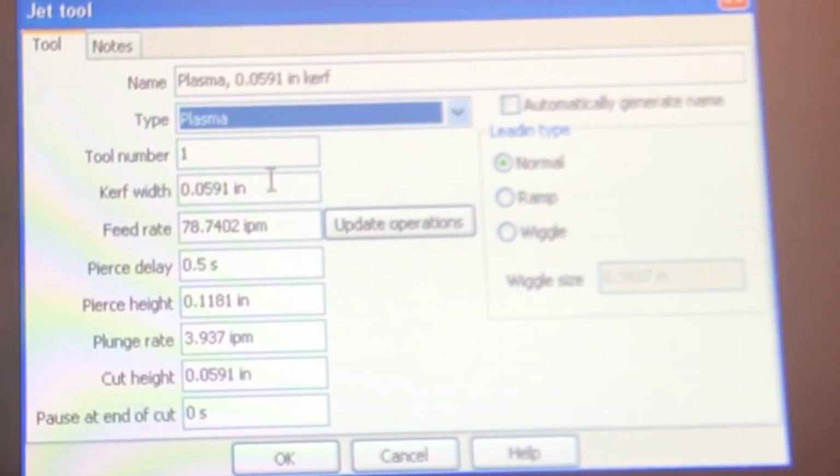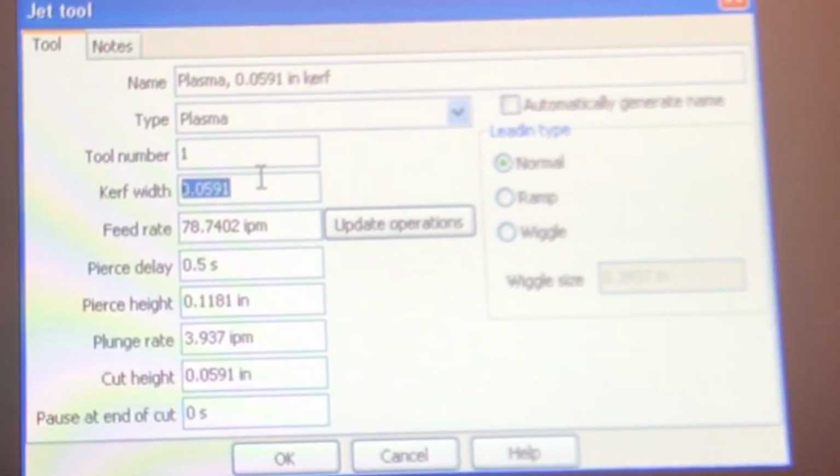The next thing you have to do is set your kerf width, and this is specifically set based on the material and amperage you're cutting, or the plasma cutter you're cutting with. Again, Hypertherm will give you that data. It's typically in your manual. I'd estimate this one at like a 0.049, and that's just calibrating the thickness of the torch flame width, and it'll actually get your parts a little